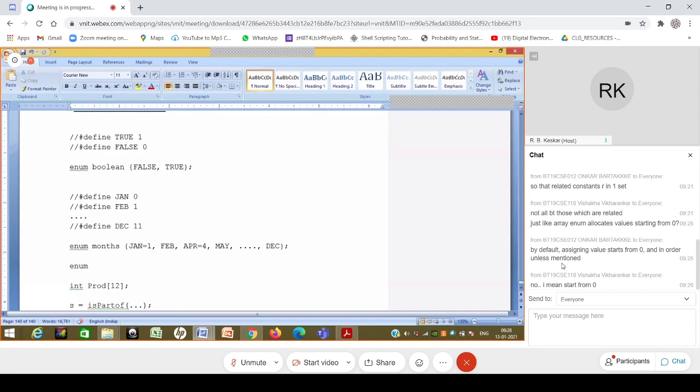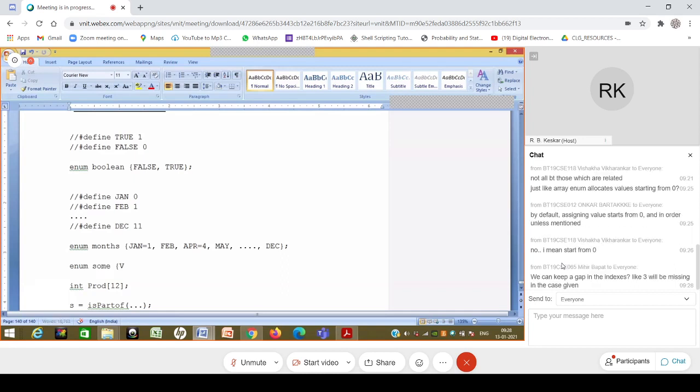So for example, even if things are related, let's say this is some enum that I am defining, and then let's say I have val1. So val1 I want to give as 10, val2 I want to give as 20. So even this, everything can be told separately, or anything can be specified separately. So this is the other extreme basically. One thing is when you don't specify anything. The other extreme is you specify everything.